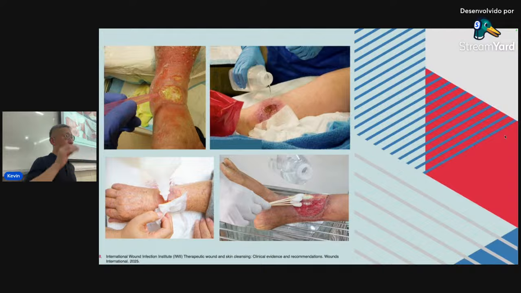So the most important component, as I mentioned, is the cleansing process. There's a lot to reflect on in terms of the cleansing technique. And what you see here, whether it is dribbling, moistening the wound with a few drops of fluid, or using a jar or bottle of water to pour over the wound, even some of the soaking and wiping, there's a lot of questions and challenges around whether we're generating enough pressure and enough fluid to actually adequately clean the wound